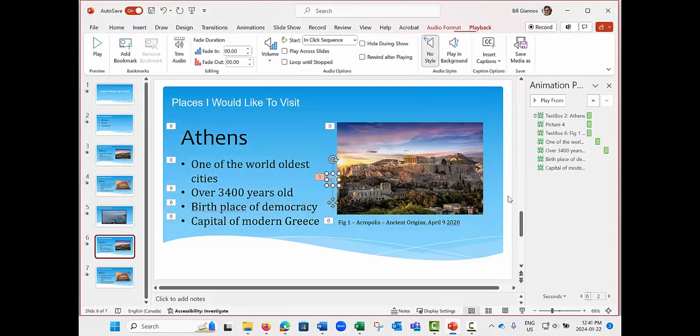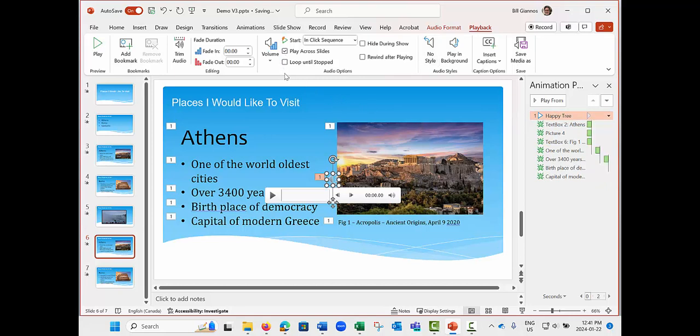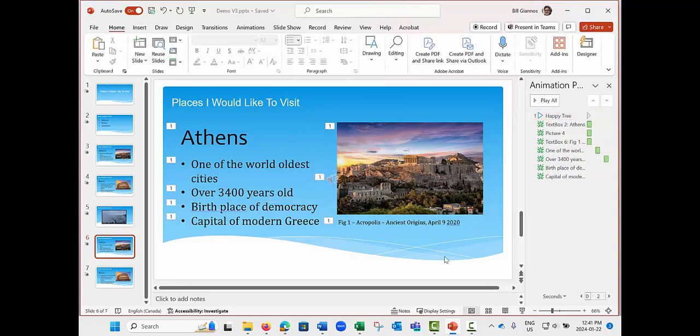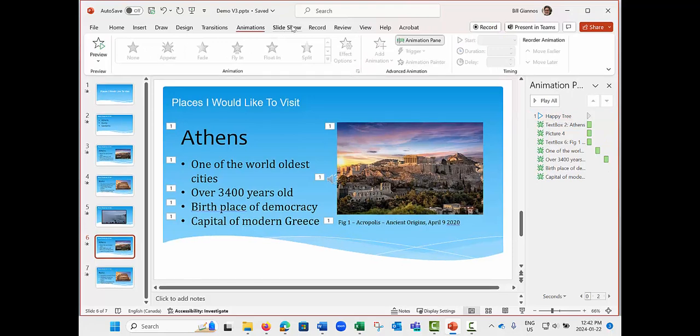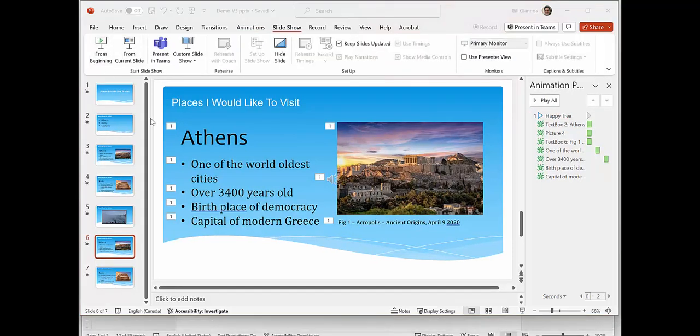Happy Tree, insert. Now keep in mind, in the animation, it's now at the end, and we don't want it to be at the end. We actually want it to be at the beginning. So let's drag that all the way to the top. And now we have to set it up again. So play across all slides, loop until stopped, hide during show. So now, if we play the slideshow from the beginning,